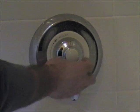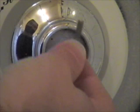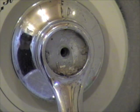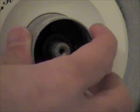First we're going to take out this little cap. Put the screw out. Now just take the handle off. There's also a little sleeve that comes out. I'll also take off the little